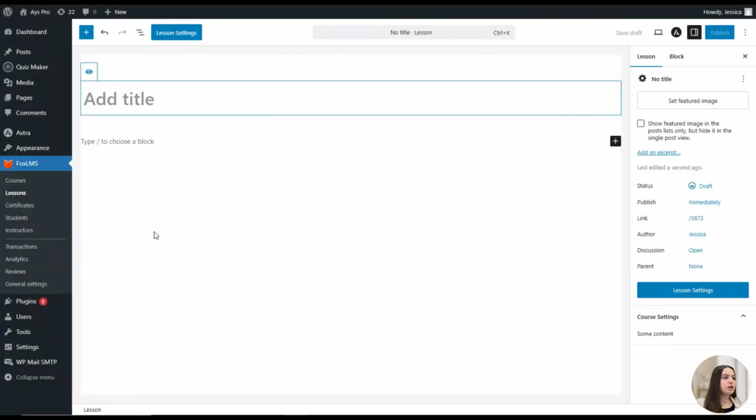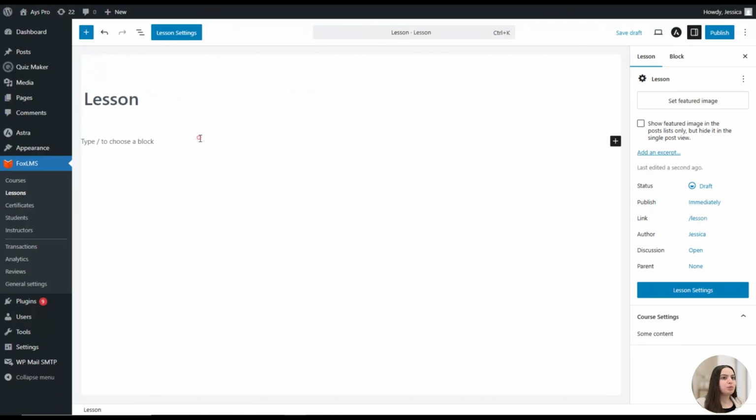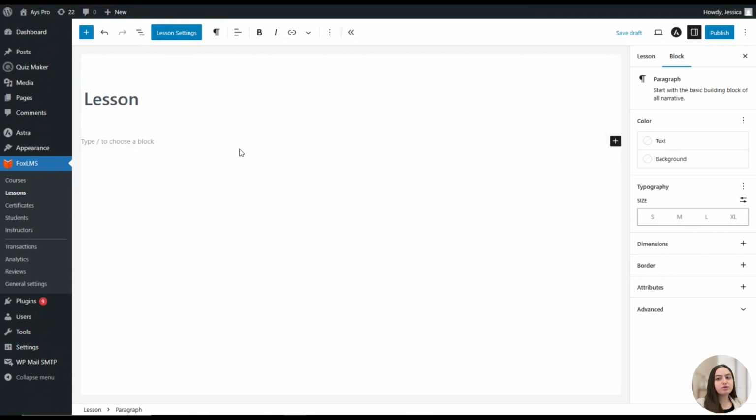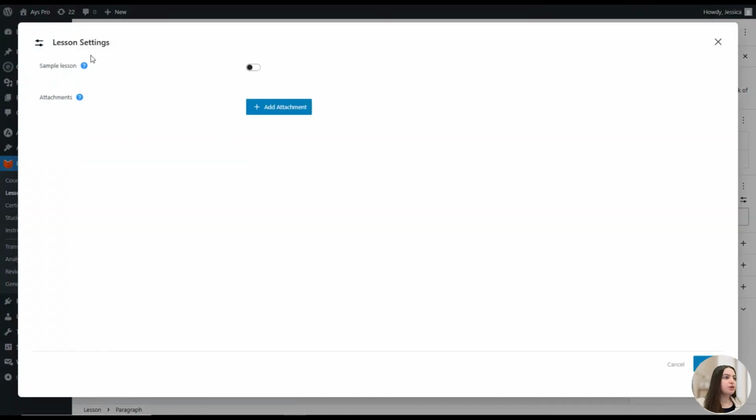As you can see, the Gutenberg block editor opens, and here you can provide a title, for example, lesson. And here you can add both images, any kind of information you want, text, videos, etc., tables, as it's a Gutenberg block editor and you can customize it the way you want. Also here you can find the lesson settings. Here you can take this option, by which this lesson will be accessible to the users on the front end, and here you can add an attachment